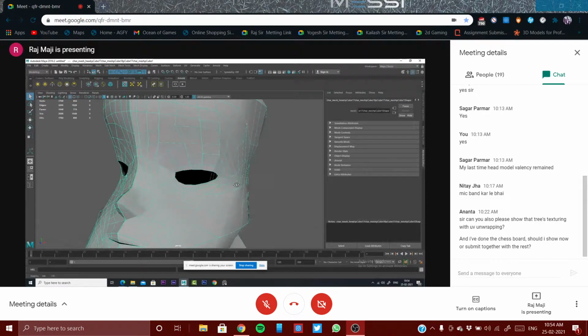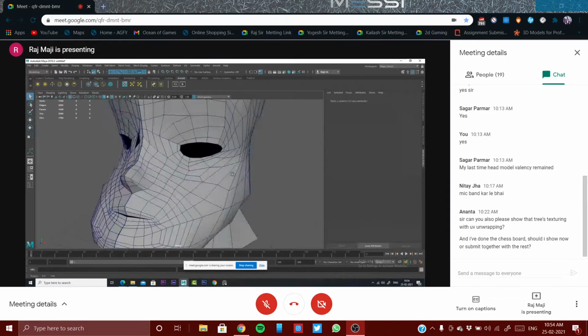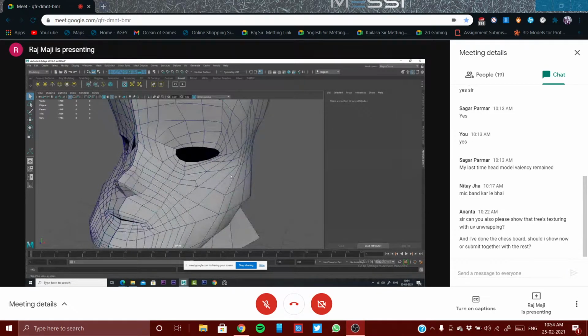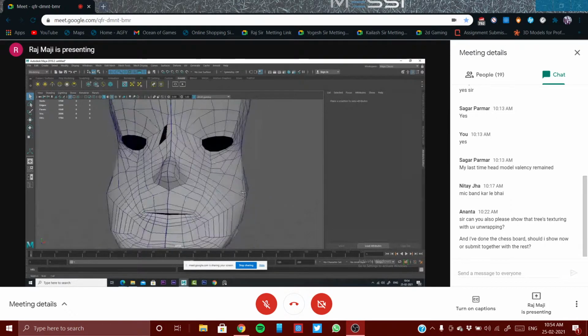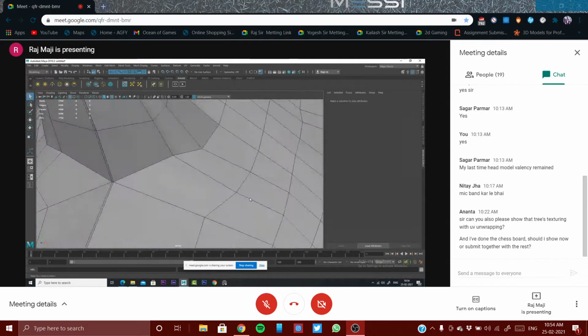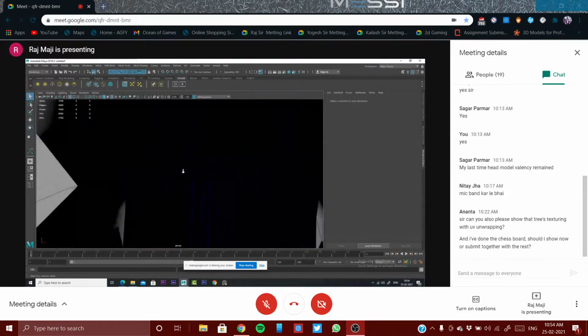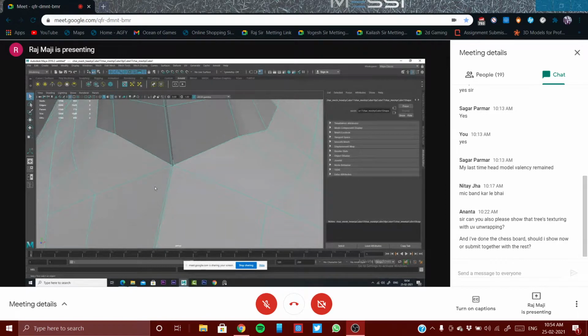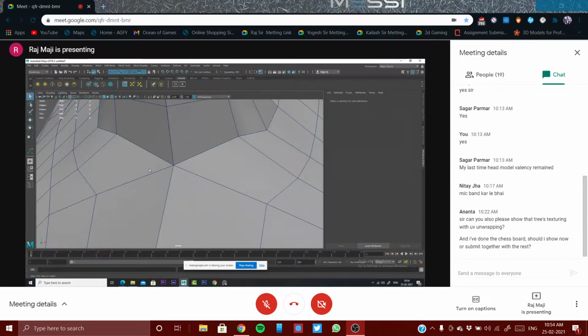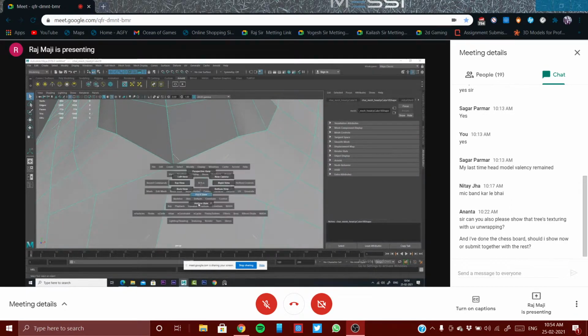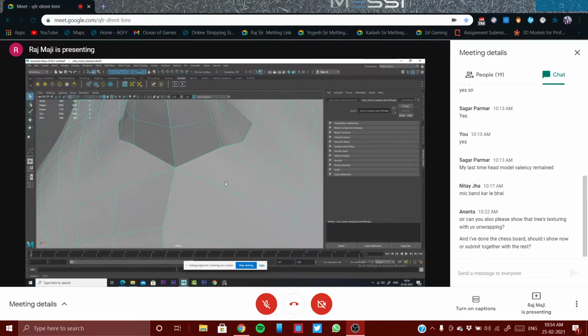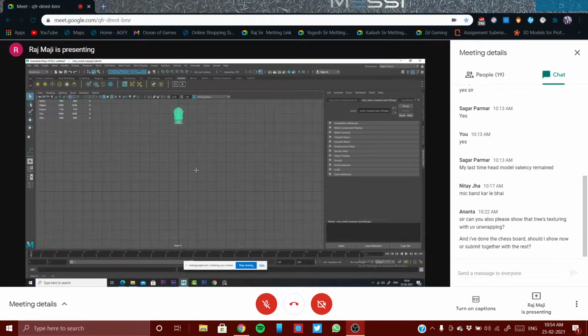Now, a few problems are there in this model. We can discuss, for those who have done at least this much. So the first problem is this. I guess you are having some problem. Okay, multiple geometry is there.